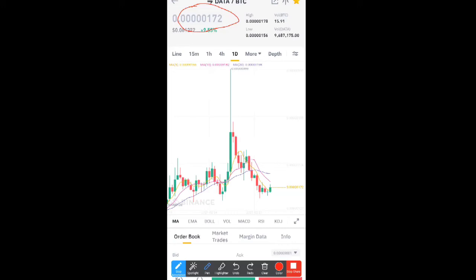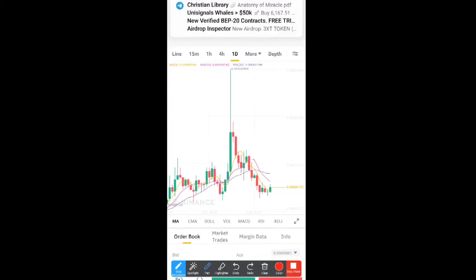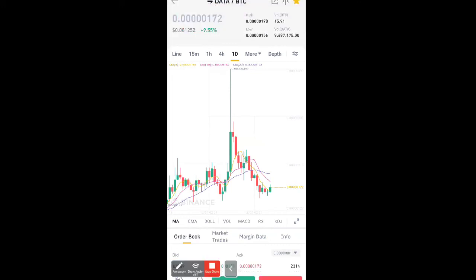So how do you use Satoshi value? When I say buy a coin at 100 sats, what you have to do is look at those numbers from behind. As you can see, now this one is at 172 Satoshi. This is the value of this coin now. And then underneath it, you will see